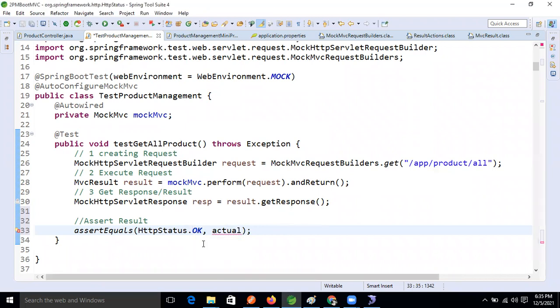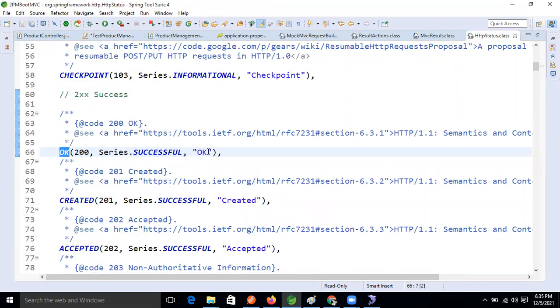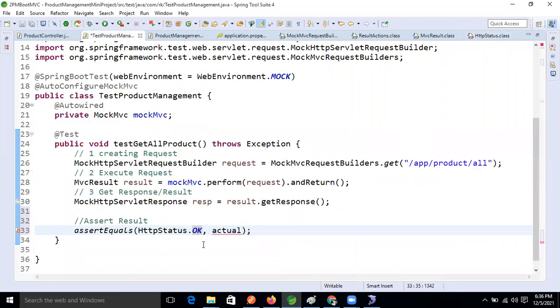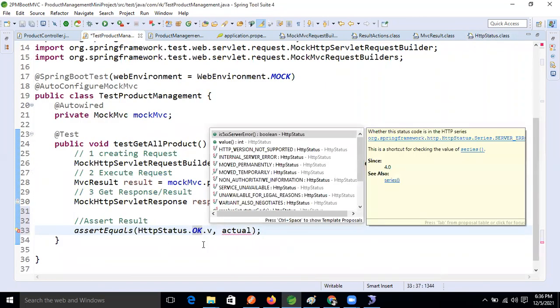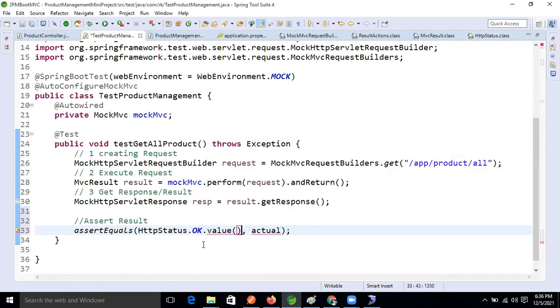If we write just OK, then we will get this enum, which is the 200. But we need the 200 code also. So for that, one method is there: dot value. We will write 200 dot value.